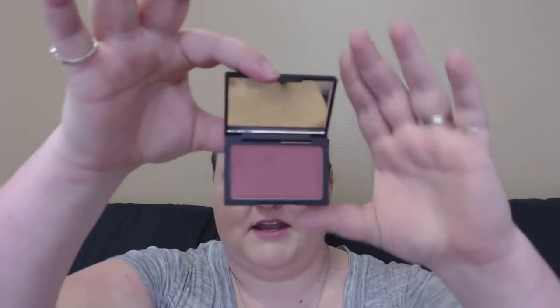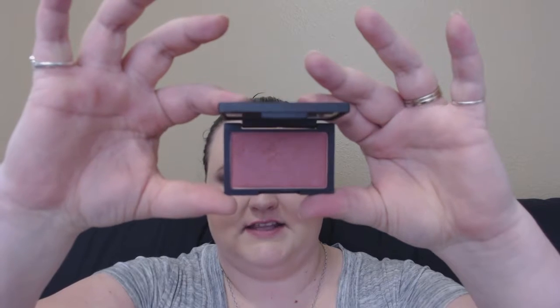A blush that I have been loving, especially coming into fall, is Sleek Cosmetics Pomegranate, and this is what it looks like. It is a super dark blush, but honestly on the skin it just comes out nice and rosy and very fall-esque. This is a terrible swatch, but that's what it looks like. It buffs into the skin super nice, and honestly the Sleek blushes are super inexpensive, and Sleek is now shipping to the US, so I highly recommend checking out some of their blushes. I have a couple that I use during the spring as well, but Pomegranate is my go-to during the fall